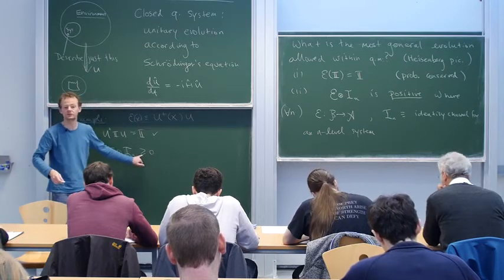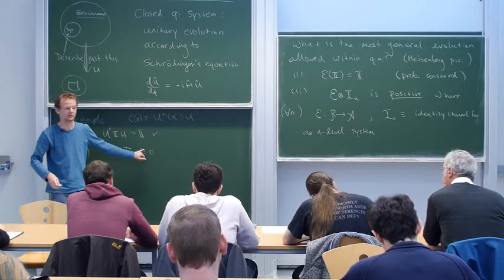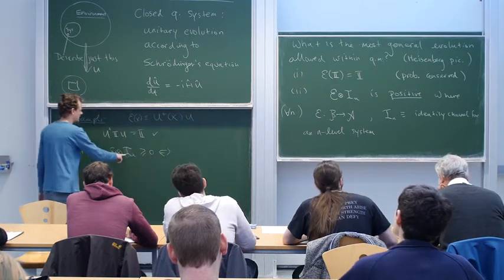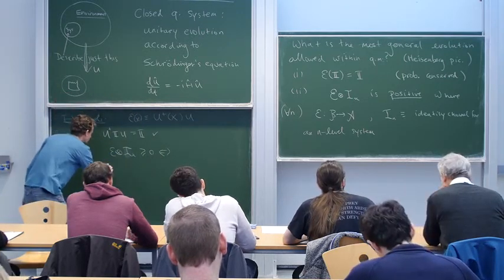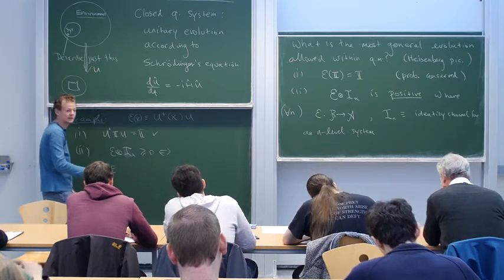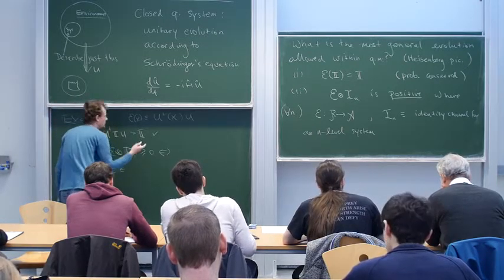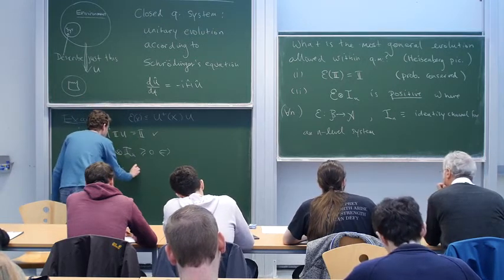So I use this symbol here to denote that it's positive. And what does that mean? Well, that's the case if and only if for all effects E, it goes from B to A,